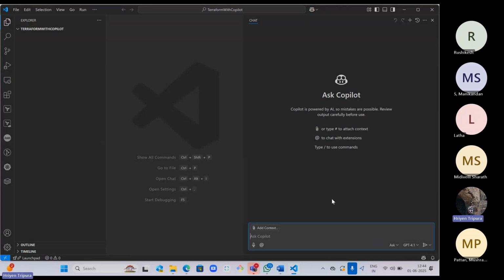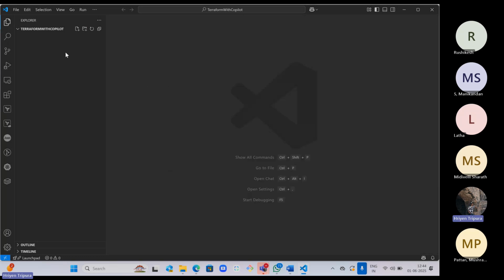So what we can do here, we can in fact write everything with the help of Copilot, but let's not use Copilot for everything for now, because first we need to understand the fundamentals in order to create a certain resource, right? So we will focus with our Copilot right now on just one resource. So what we do